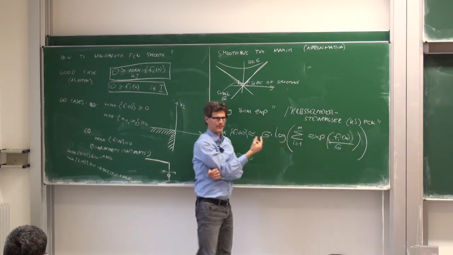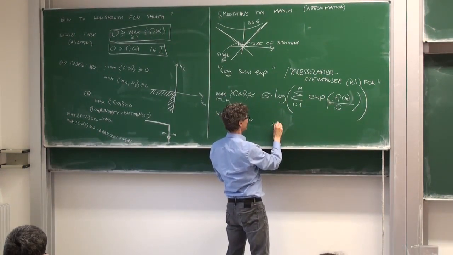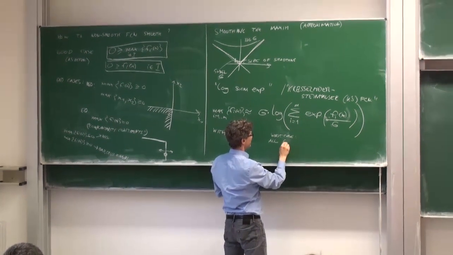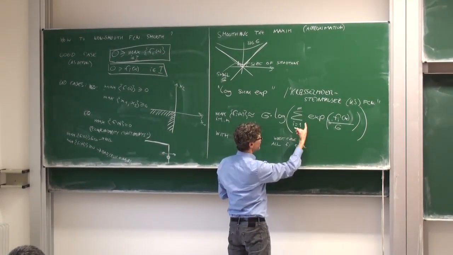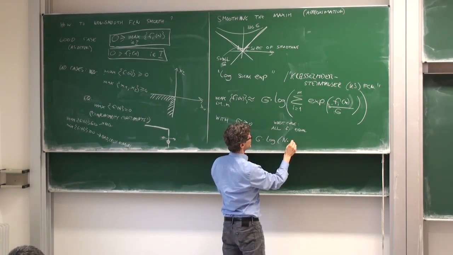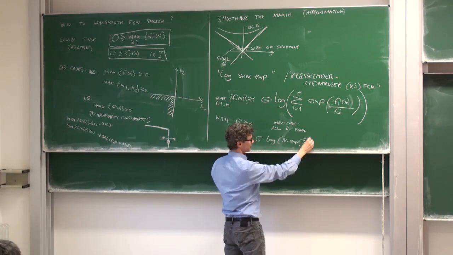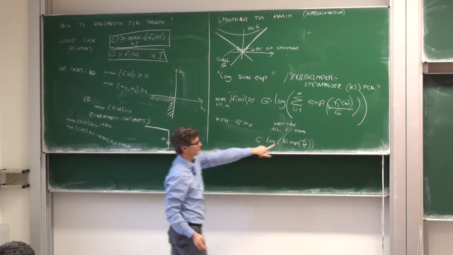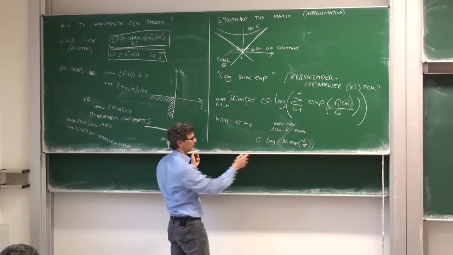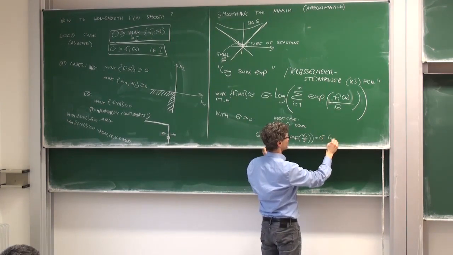Now, if in the worst case all the f's are equal, then you get, of course, an error. Let's call it the worst case, all f_i equal. What you get then is actually sigma times the log of n times the exponential of f_i divided by sigma, and all the f_i's are equal, so it doesn't matter which f_i I take. But I get the factor of n because I sum over all of them. Then you take the logarithm, and here is a product. So what you get is that this is equal to sigma times log n